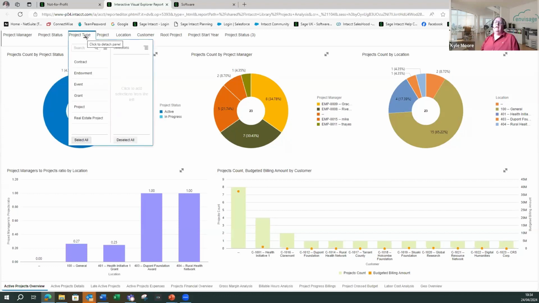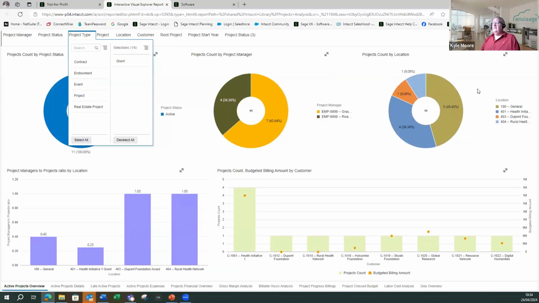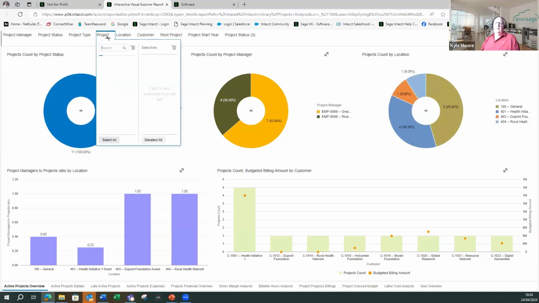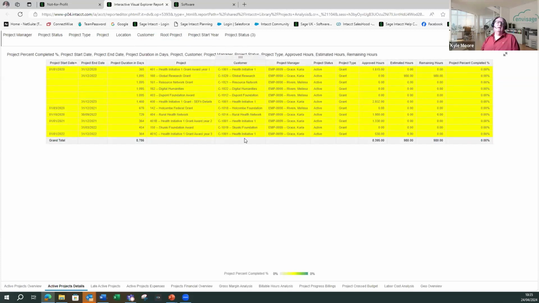I can look at my project type here, and I can say, just give me the grants, please. And all of the information changes in front of me. So one of the health initiatives that we looked at previously, there you can see the health initiative, and we'll look at that a wee bit further in a second. But again, we can go into our projects, we can specify one particular project, particular locations, customers, etc. And then we can go into things like our project details, all interactively running through on the system